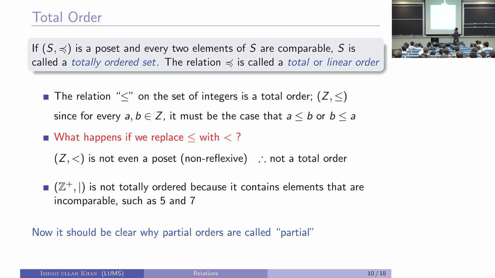If it was a strict partial order, and I define total order over strict partial order, then this will be a strict total order. But right now, in terms of our terminology, this is not a total order. Less than or equal to is a total order. You pick any two numbers, I can tell you whether A is less than B. If you take any two numbers, I can tell you which one is greater and which one is not. I can compare them. But if it's less than, then